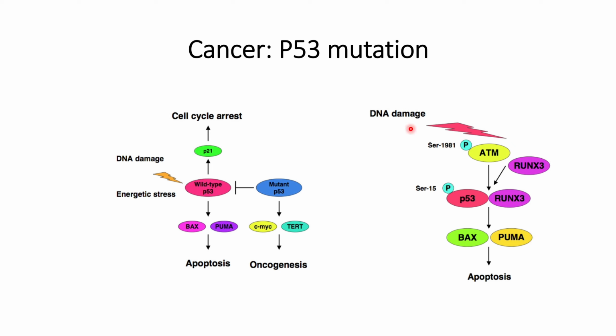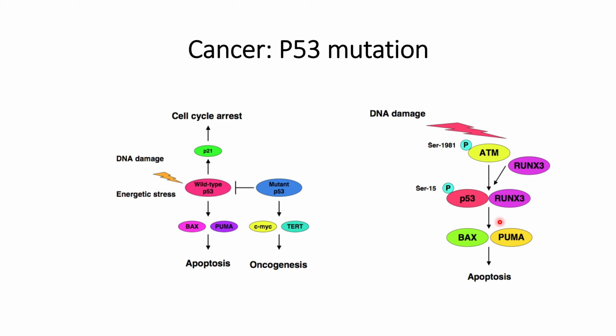If DNA damage is uncontrollable, that decision is taken by P53, and these things get enhanced with the help of the gene RUNX3, which in case of DNA damage will also encourage P53 to promote the BAX or PUMA genes,